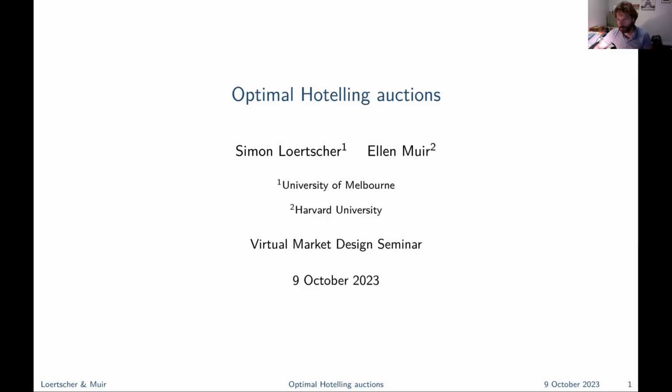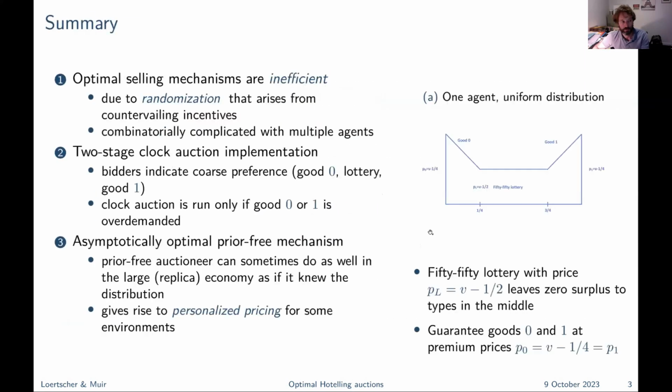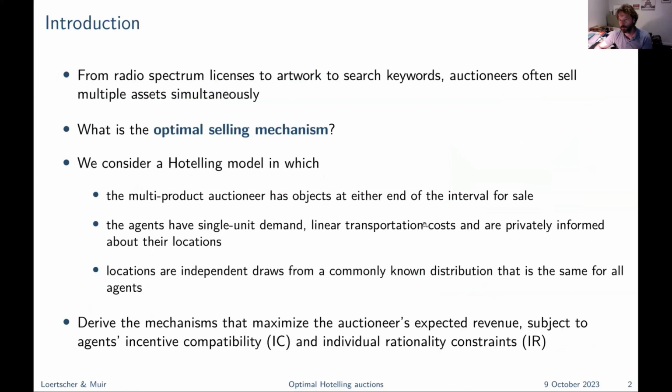So I'm very happy to present my paper, which is joint work with Ellen Muir, who's a postdoc at Harvard in transition to MIT. So the paper is called Optimal Hotelling Auctions. As a little motivation,